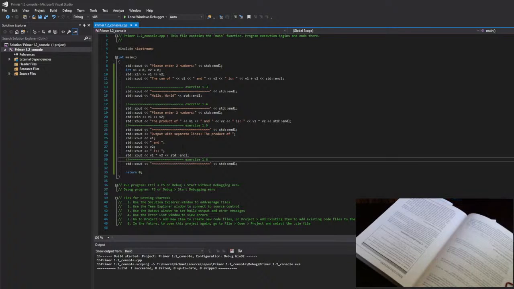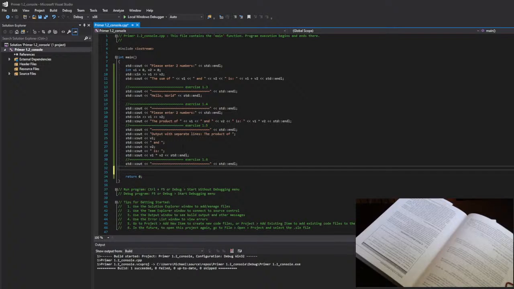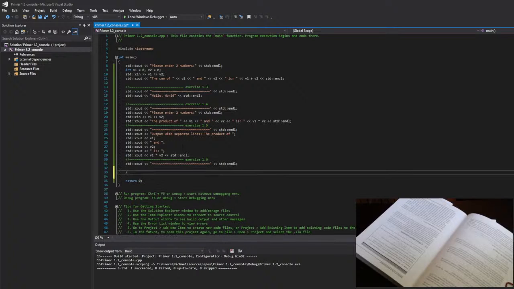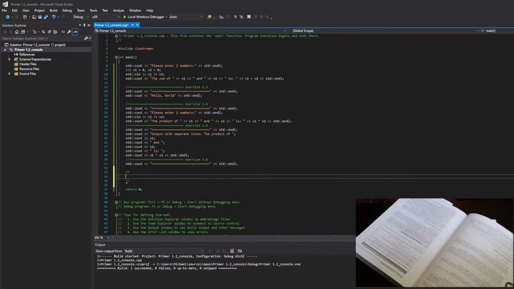And exercise 1.6, explain whether the following program fragment is legal. If the program is legal, what does it do? If it's not legal, why not? How would you fix it? Well, I feel like it's cheating to just see what the debugger has to say about it. So, let me put it in as a comment. And go,